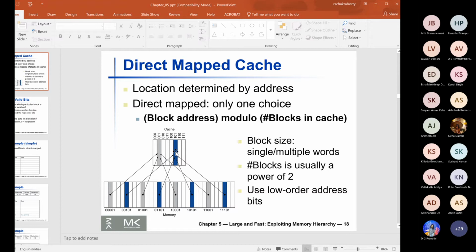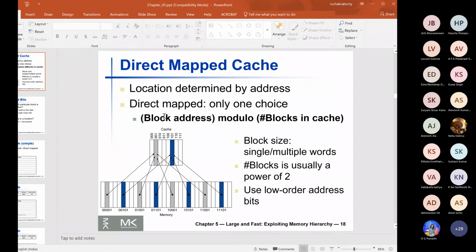You have updated that block, return that value to the processor. The problem that happens is what he mentioned: suppose a necessity comes that this blue block in cache has to be replaced by one of the three other blue blocks in memory. Now this is a problem, because if you suddenly replace it with something in memory, it will overwrite the change that you have made. You have not yet committed it to main memory.